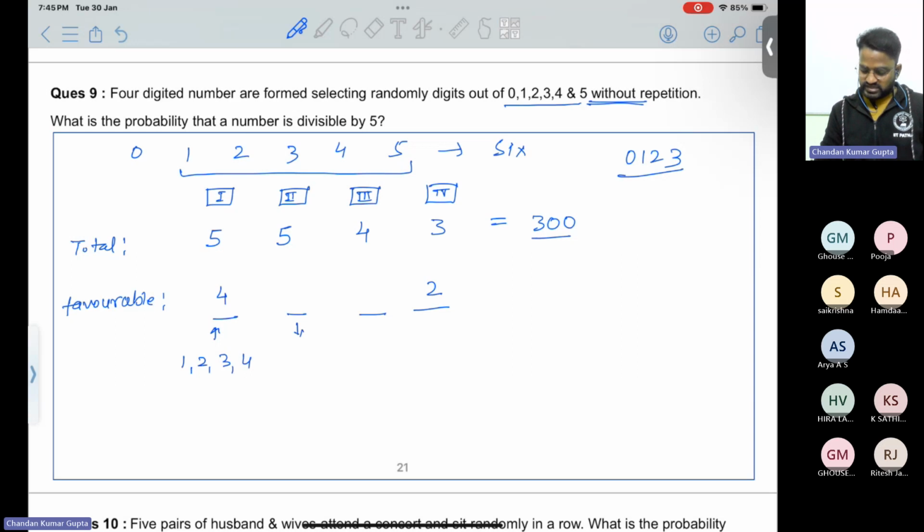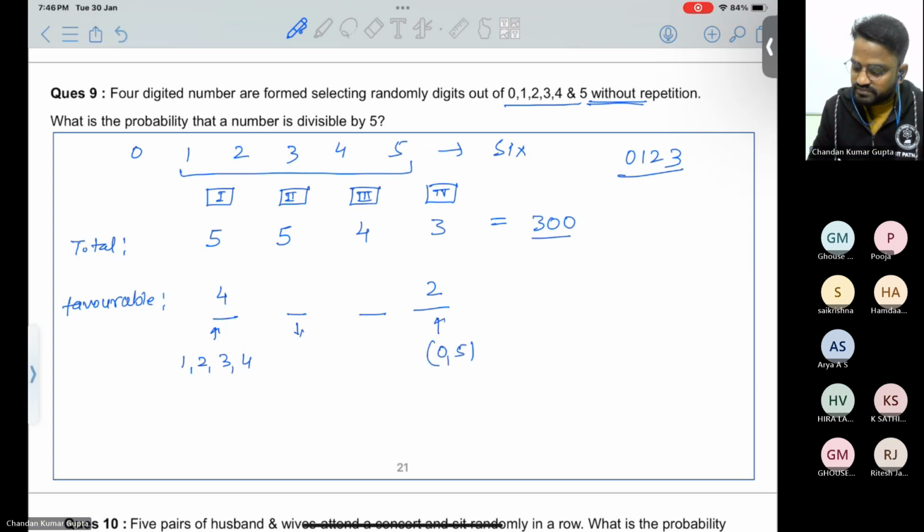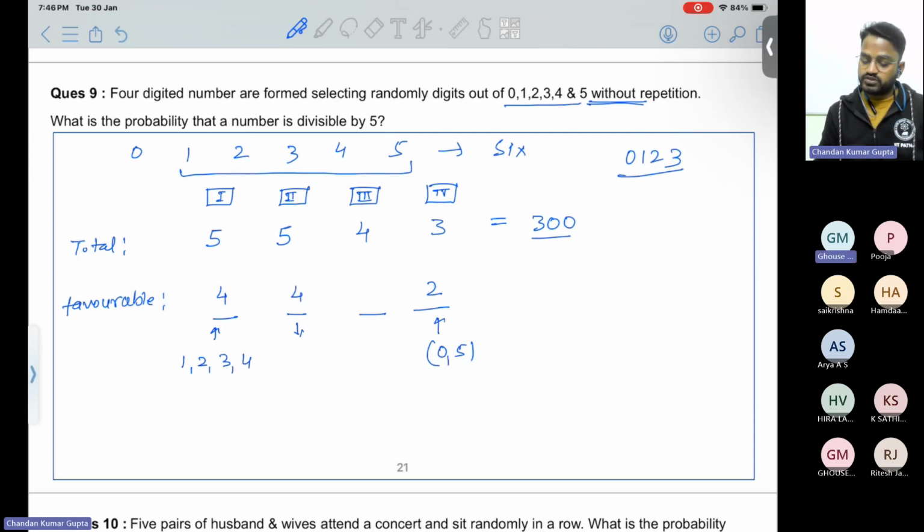For second place, how many numbers are there? 5, sir. Yeah, 0 we need to consider for second place. Yes, you may consider, but we have already considered here either 0 or 5, na? Okay. So 1 is fixed there. So 1 is left. That means here also we have 4. Only 4 possibilities for there, and here 3. So this comes out to be. Is it? Am I right?